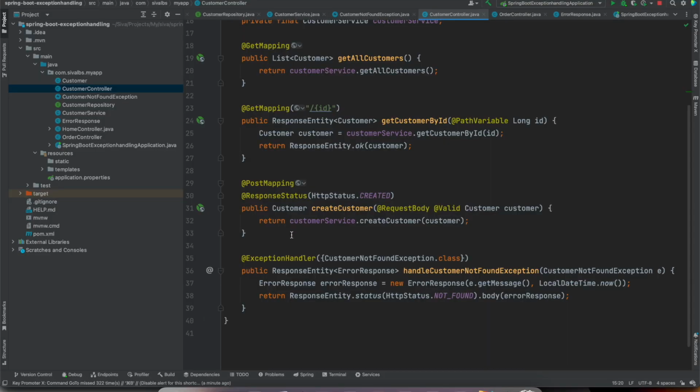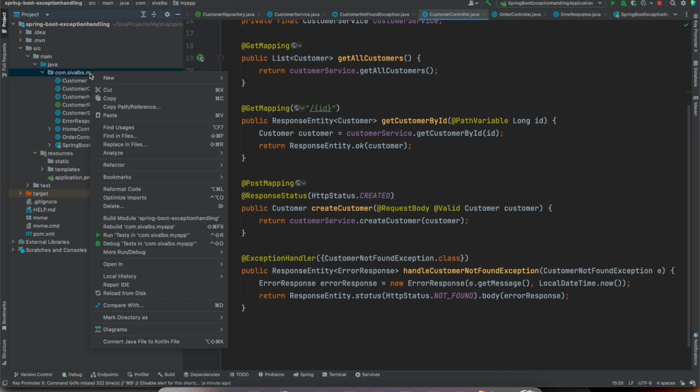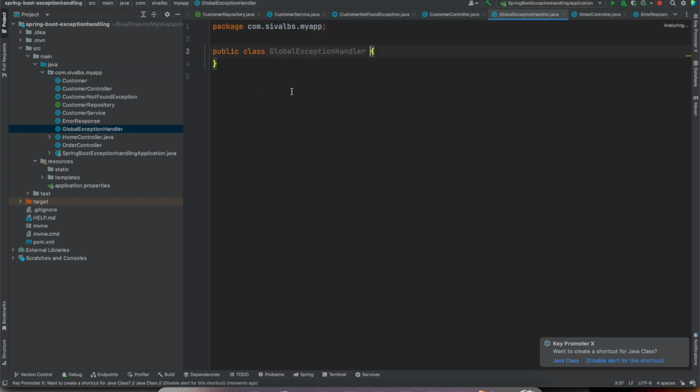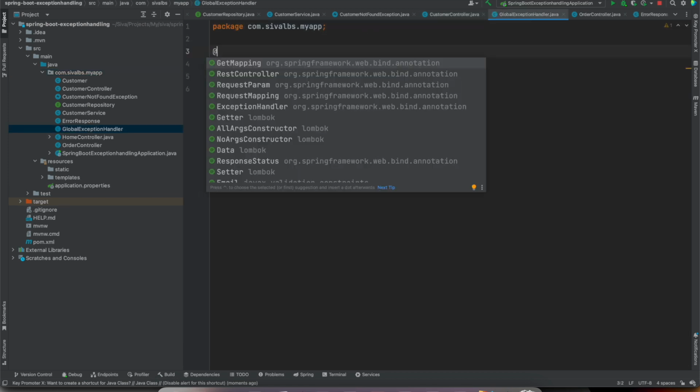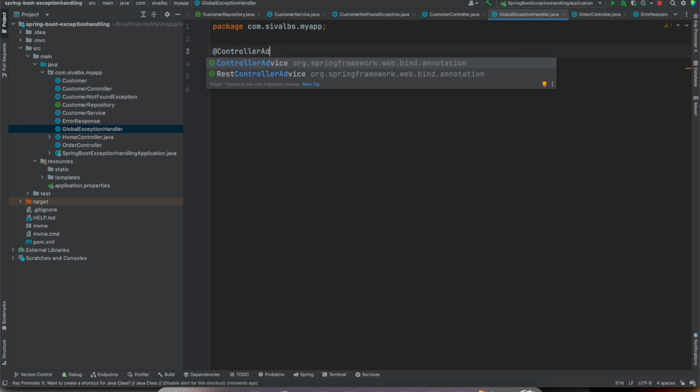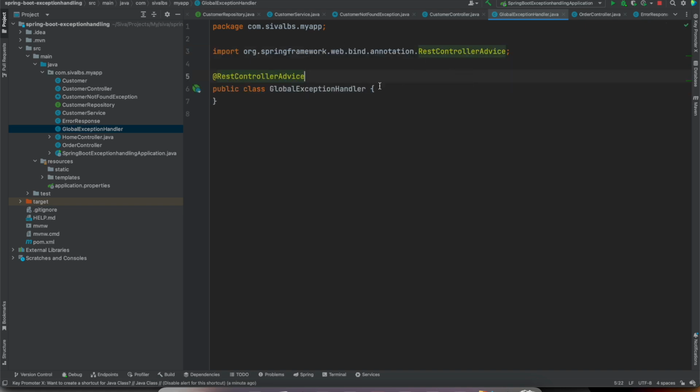So in such scenarios where we have the same exception being thrown from different controllers, and we want to handle it in the same way, that is where controller advice comes in. So let us create a class called GlobalExceptionHandler. Right now we need to add this annotation controller advice. But we can use REST controller advice if we are building only REST APIs without any server-side template rendering. So let us use REST controller advice, and here